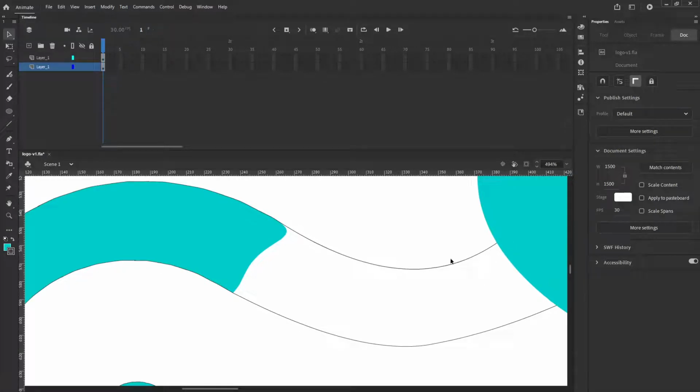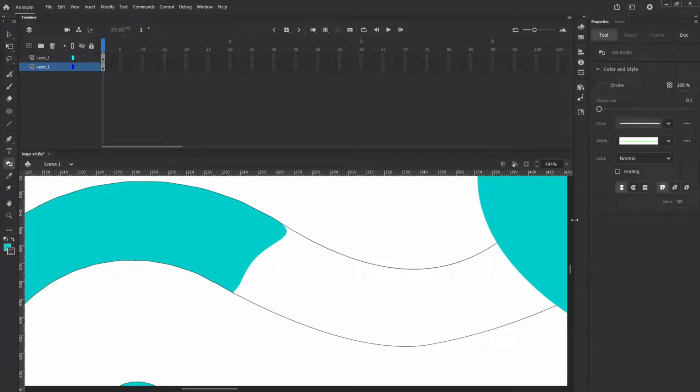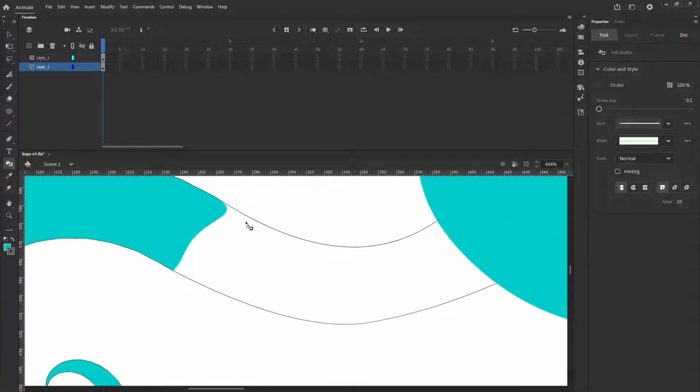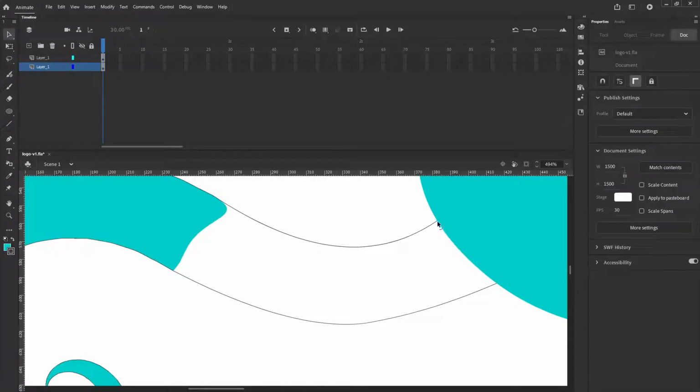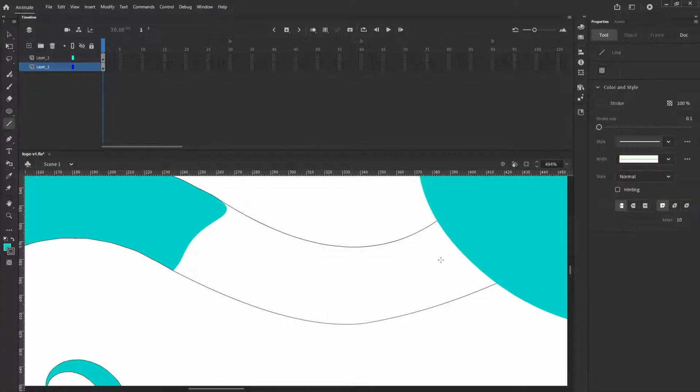Eventually I'm going to delete all of the outlines, and then I can just use the paint bucket, I think, to make sure that those lines actually join. We can join those together like so,